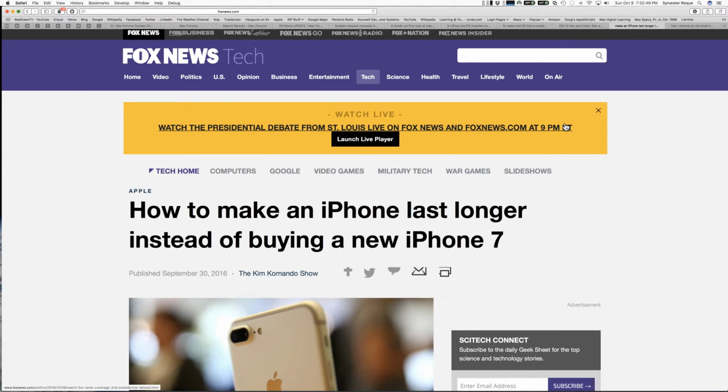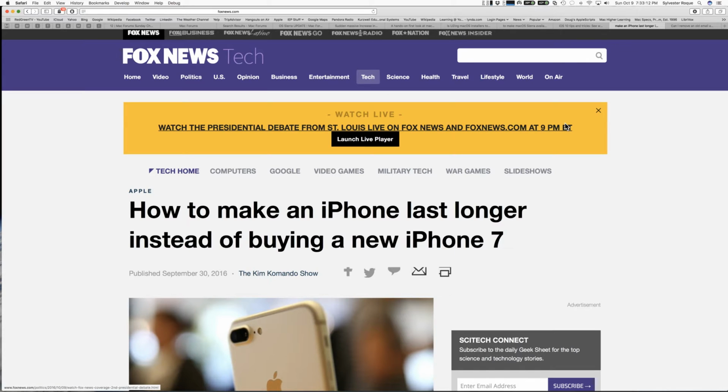I mean, just let your old phone run like a piece of junk, and maybe that will convince your spouse that you need a new phone. But that does not work. And to prove to you that that does not work, just in case I was inclined to try that on